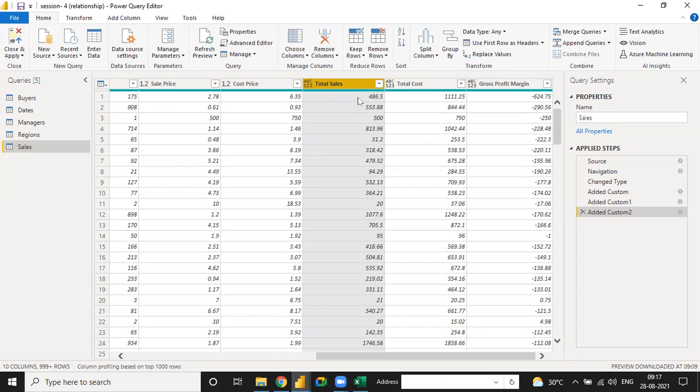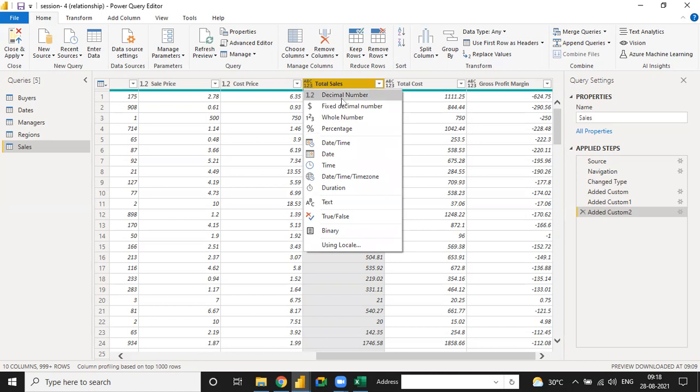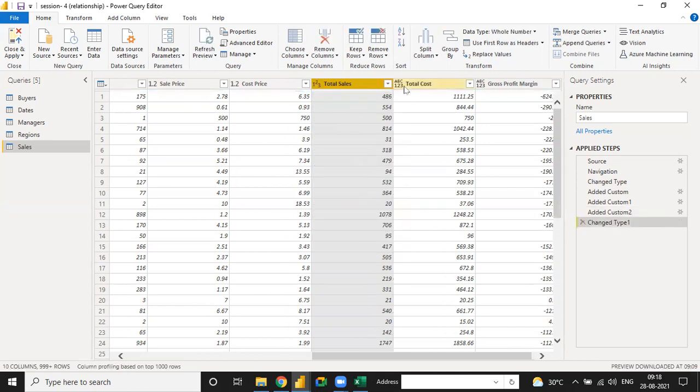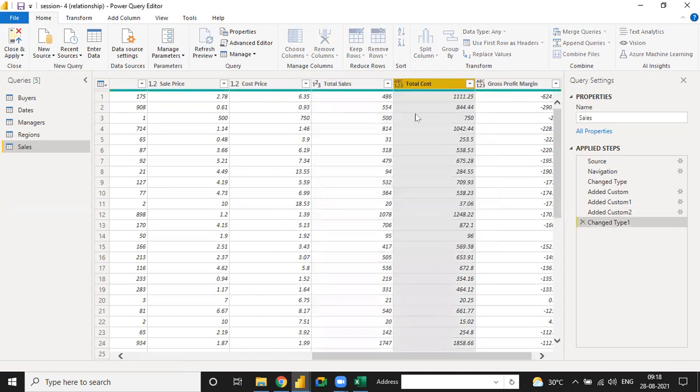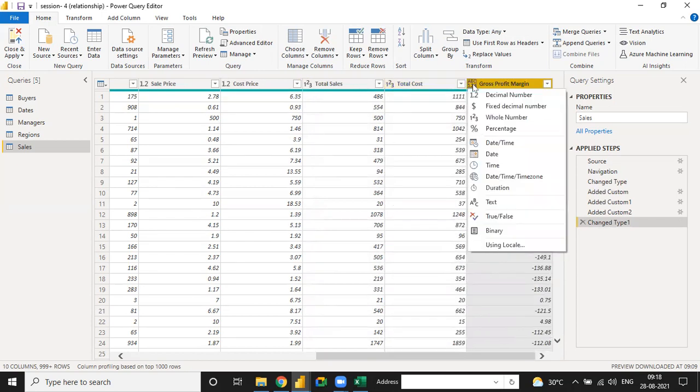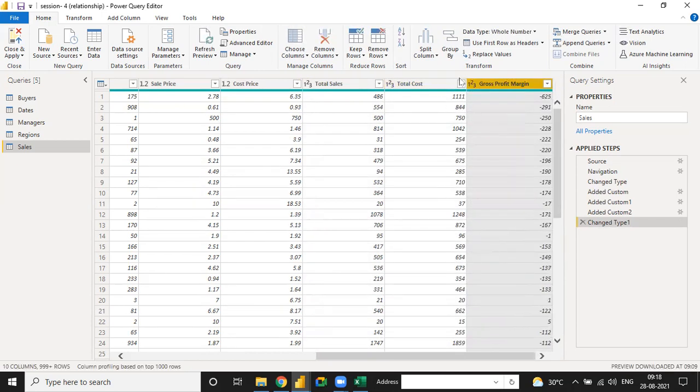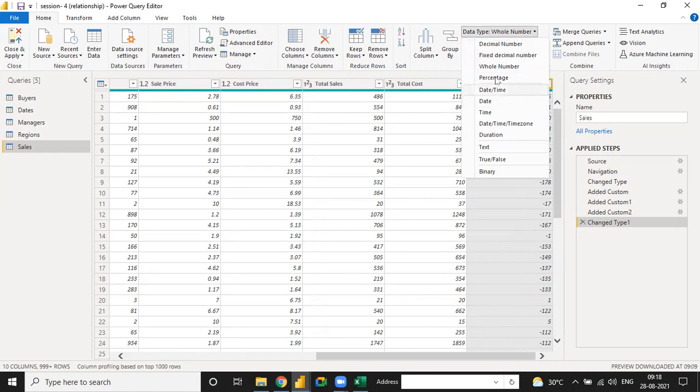That's why we have to maintain the data type as it was earlier. So now we have to select this item. Otherwise, you can directly choose from here Whole Number, or you can directly change the number from here.